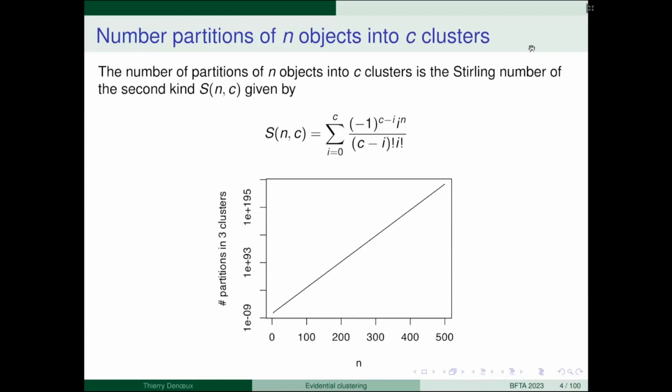So you see that with, for example, 200 objects, we have almost 10 to the 100 partitions. So this is really huge. It is estimated that the number of atoms in the whole universe is of the order of 10 to the 80. And 200 is not a big data set.